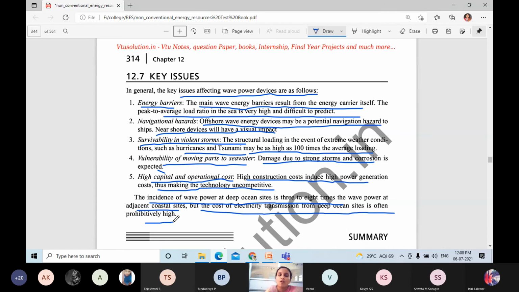Go through how many wave plants are being used in India. In the next class we shall discuss the first model, and I have some solar angle left; I will continue with that topic in the next class. If you have doubts, you can ask me in the next class.